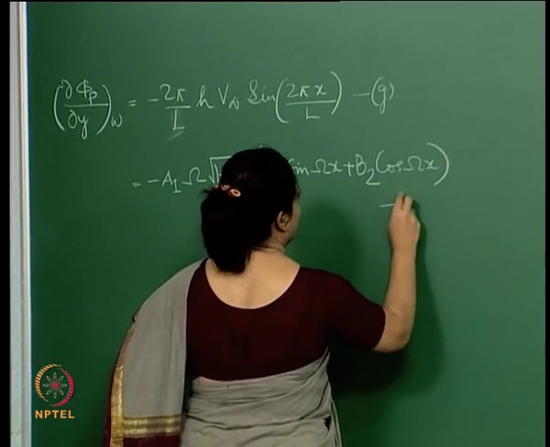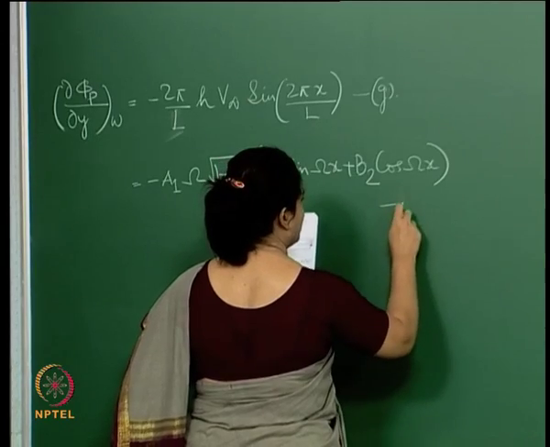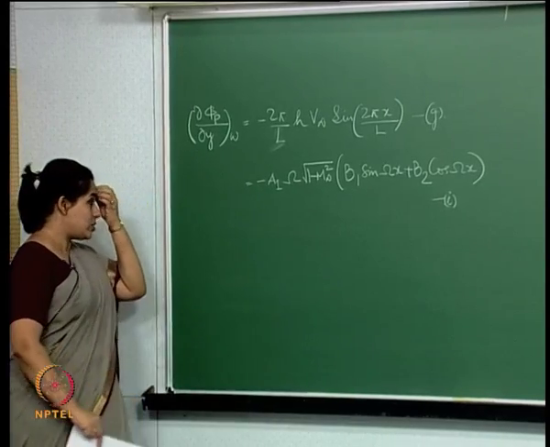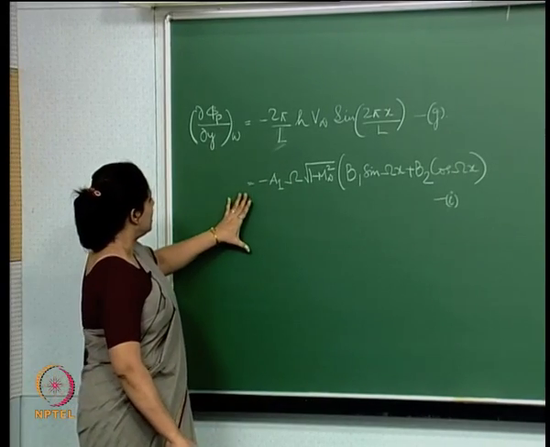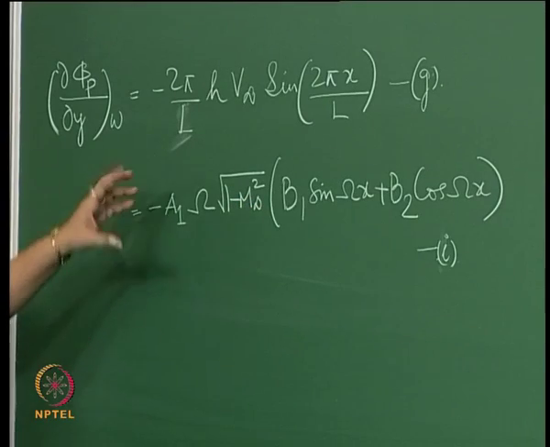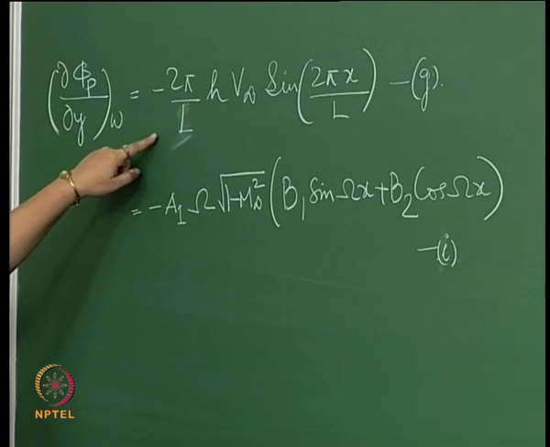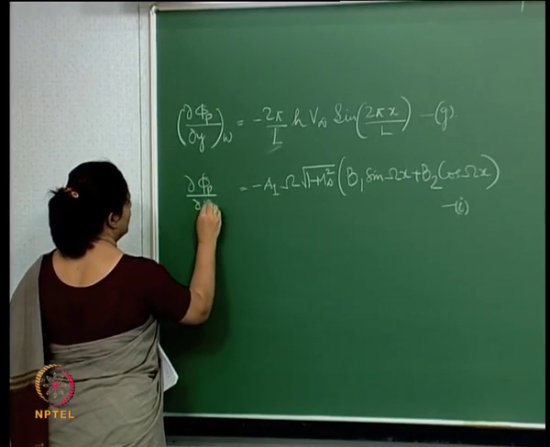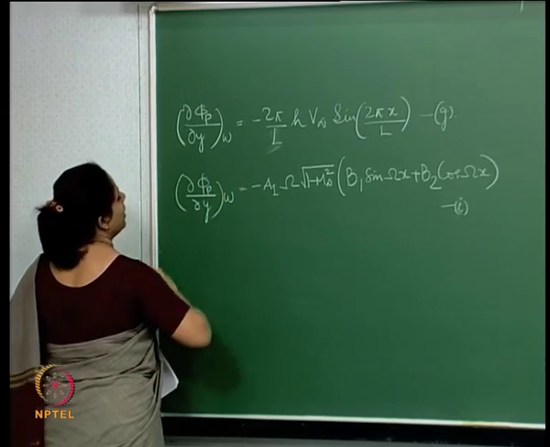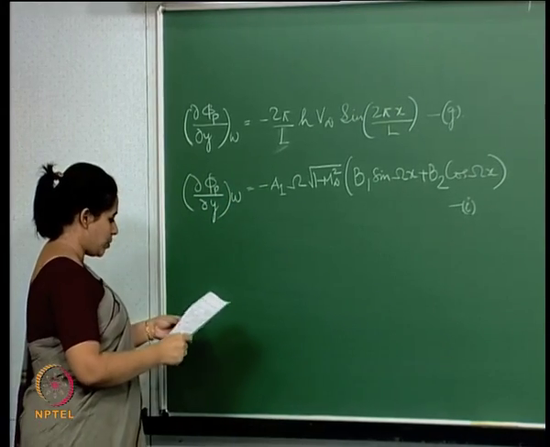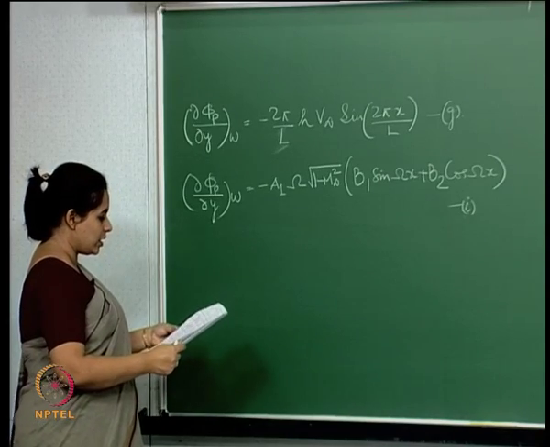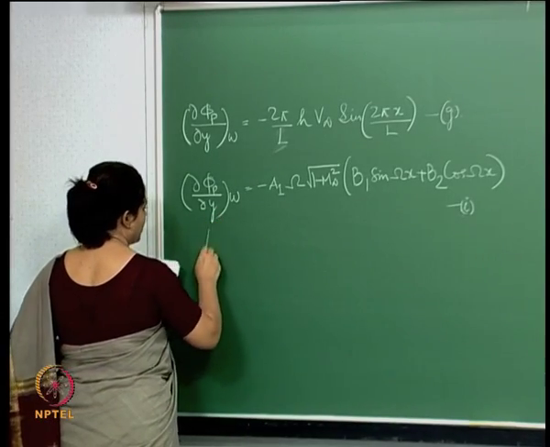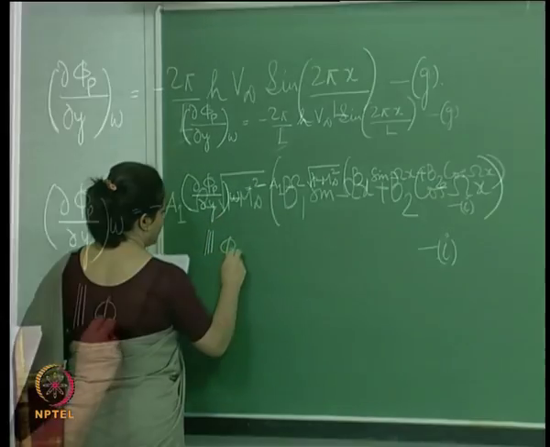We said this was G, and this one was I. So this is where we stopped in the last lecture. What is left to do is basically equate this expression and this expression. So essentially this is also the equation we got, because this equation resulted from the fact that we said phi p was